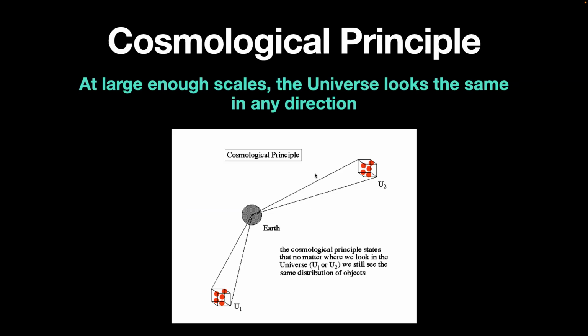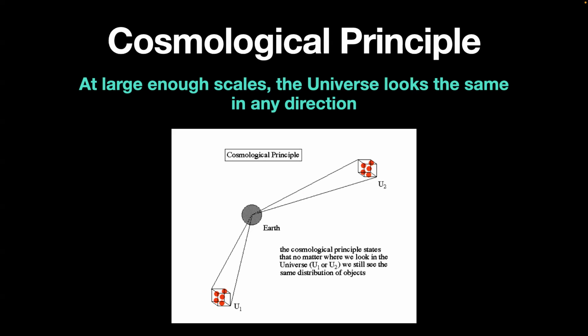This is just a schematic of how that might have worked. So here we are at Earth. We look in one direction, we see a number of galaxies. We look a different direction, we see basically the same number. And this is kind of what Hubble did. He did this for many, many different regions of the sky. He couldn't do the entire sky, but he basically found that he saw the same thing everywhere he looked.